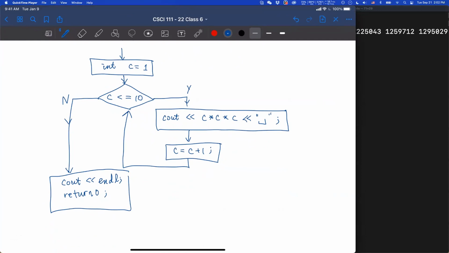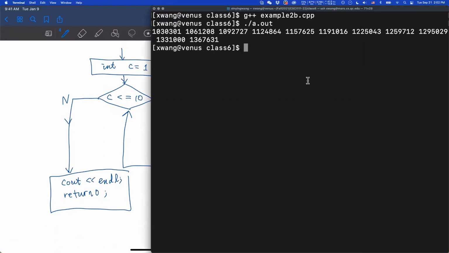Okay, so before we move on to the next exercise, can you show the example backward? Okay, so let me copy our example 2 again.